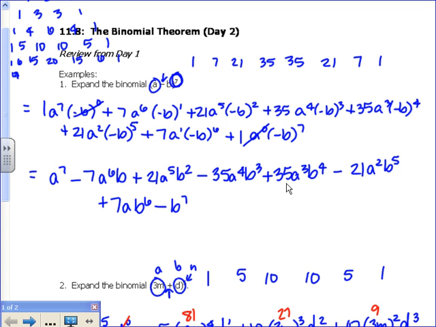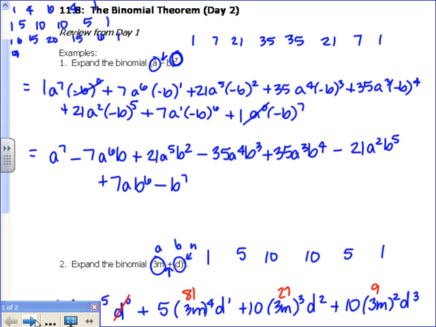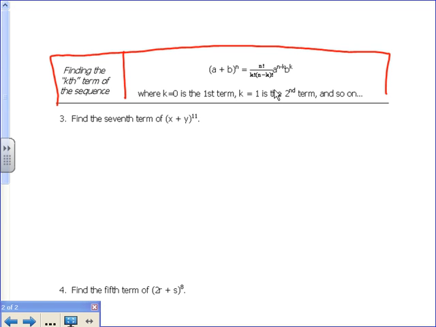So could you do these ones on the back by using what we've already been doing and then just saying, oh, here's your 5th term, that's my answer? Yes, but you're doing a lot of extra work that you don't actually need to do. So what we're going to do is we're going to use this formula in order to figure out what that term specifically is. So because we're looking for the 7th term, that actually means that k